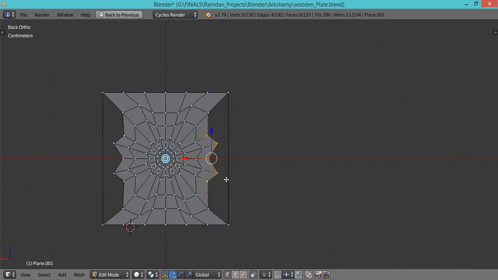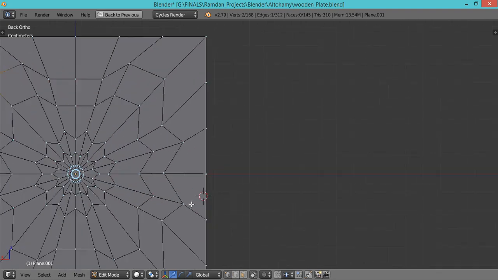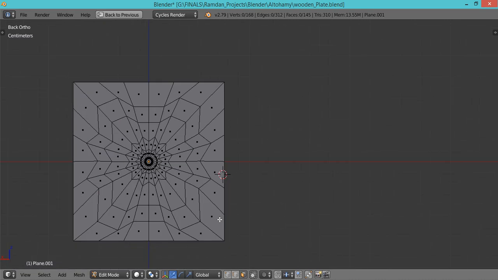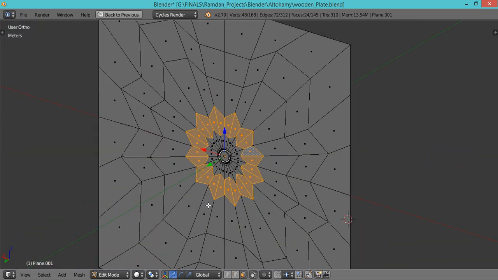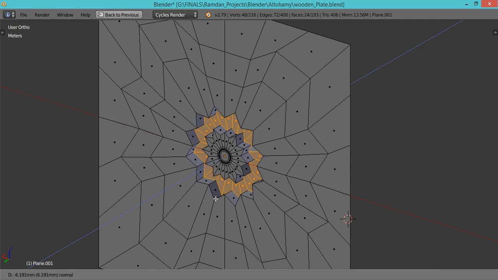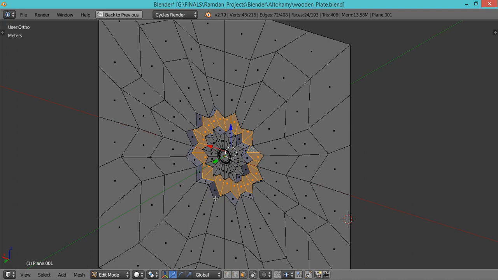So now I want to add some loop cuts. I will add 5 here, and we can fill all these faces, add 5, and we can fill all these. So now we can add the detail as we want. I will select this pattern, and I will extrude 1 cm, maybe 4 millimeters or 5 millimeters. And another thing which is here,